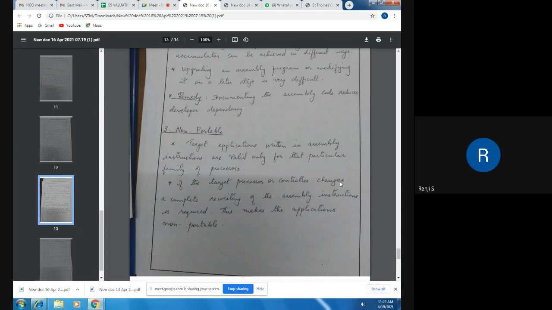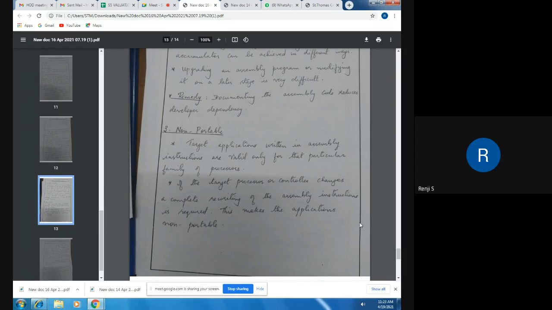If the target processor or controller changes, a complete rewriting of the assembly instructions is required. If I write an assembly program for 8085, I cannot use it for 8086 because the instruction set is different. I have to study the new instruction set and write the code from scratch. So we say that it is non-portable. The assembly code written for 8085 will not work on 8086. This makes the application non-portable.